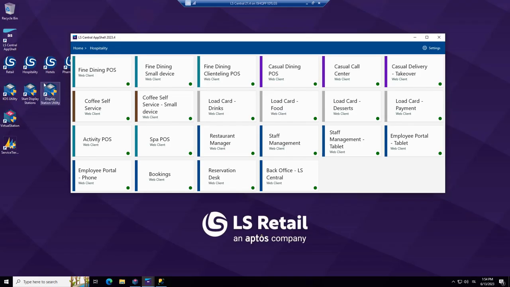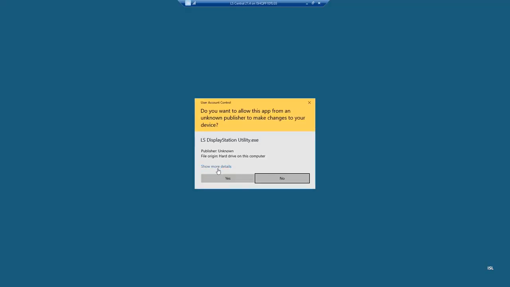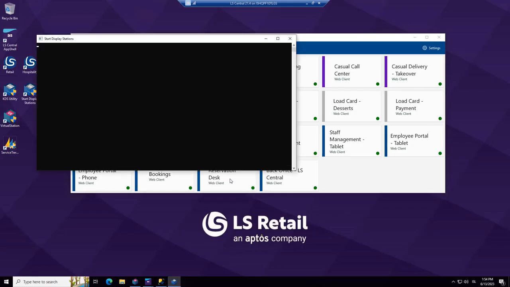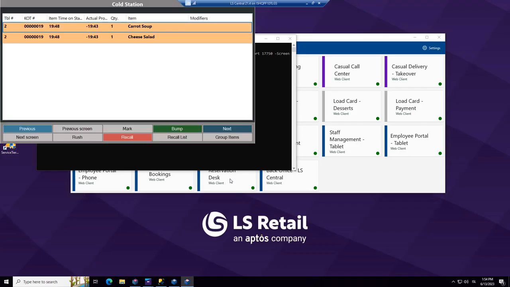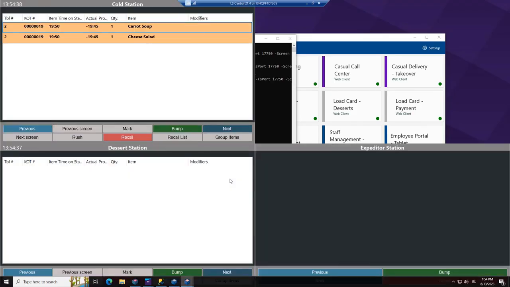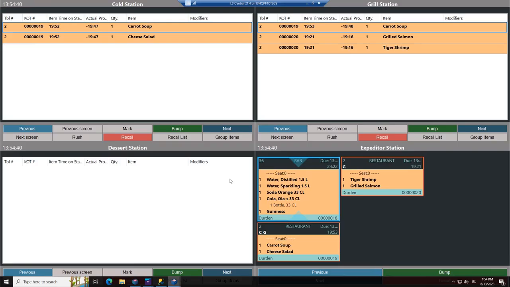And then you see here on the side, we have something called Start Display Stations. That's exactly what we're going to do. So let's double click it and answer yes. So these are display stations that are usually located in the kitchen and the chefs are looking at. So you have 4 different display stations. And you see each display station has some buttons. So here you have one display station, here you have another, and 2 down here. But we have a problem because we don't see the buttons.